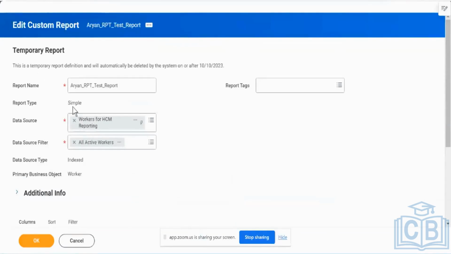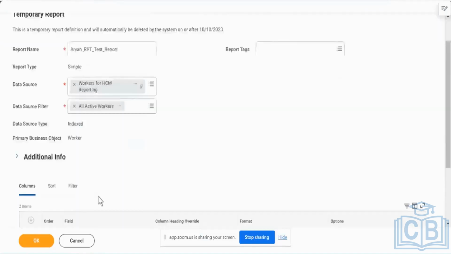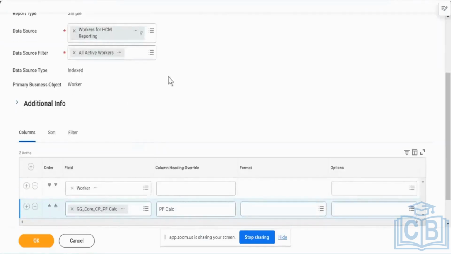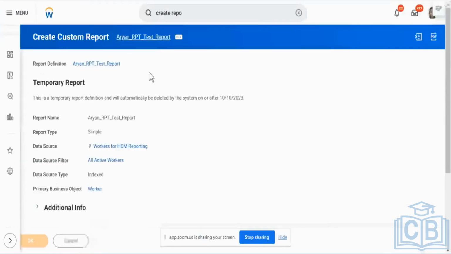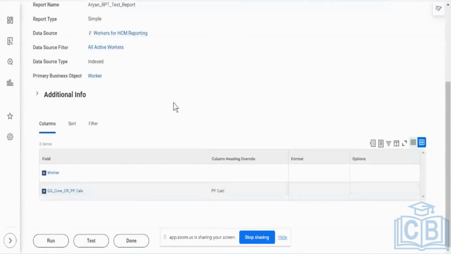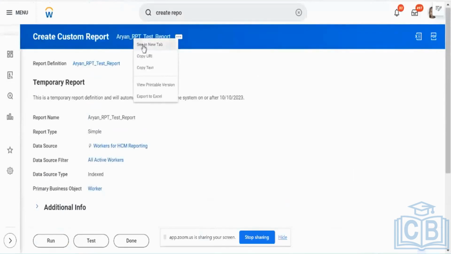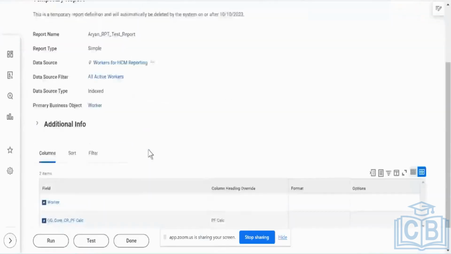We do have other types, complex ones, matrix, and other types of groupings, just like what you see in your Excel. We can do groupings. We can do matrix, everything, but for now I want you to only run a simple report, because I want you to correlate your calculated fields and then your report, just to give you an example as what it is. And today as an activity, I want you to try it, and the report that I've created right now is very, very simple. I want to look at the PF calculation for them, plus whatever report I have created with their worker details. That is all I need to do, and I've given a filter over here which is going to say only